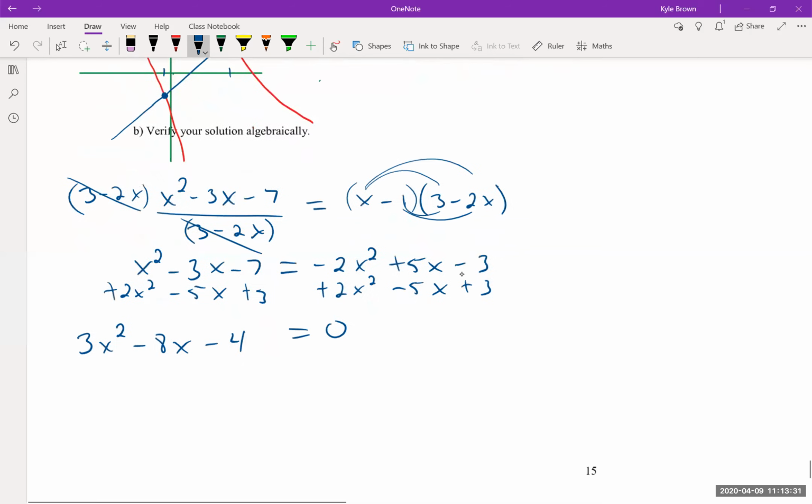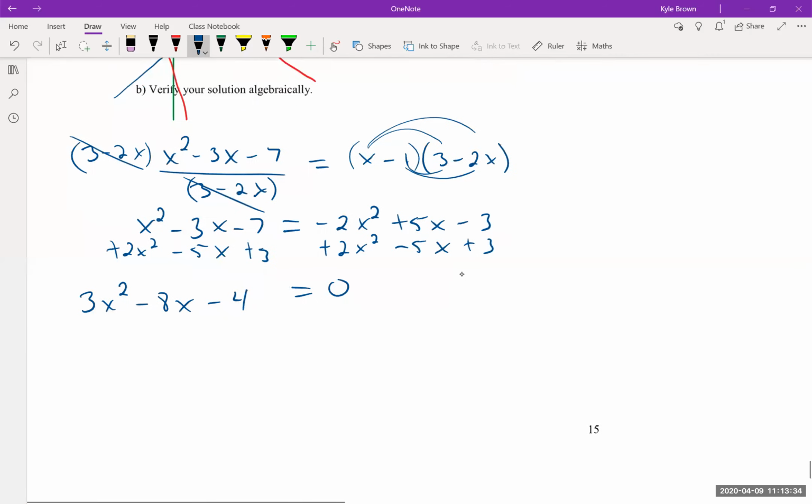Okay. So now at this point, you could try to factor it and see if things work. It's not going to work. So what we're going to do, we're going to do the quadratic equation, right? So here is my A value. There's my B value. And there's my C value. All right. And the quadratic equation is